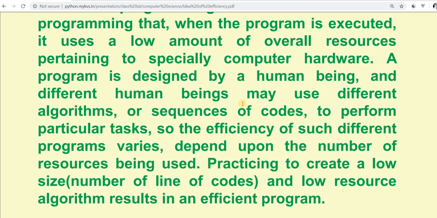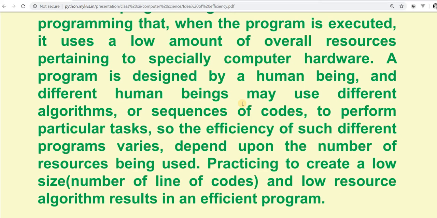So it is very difficult to keep the efficient programming concept in place, because it varies the amount of resources used by an individual.